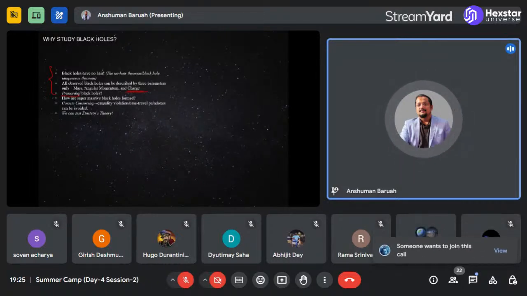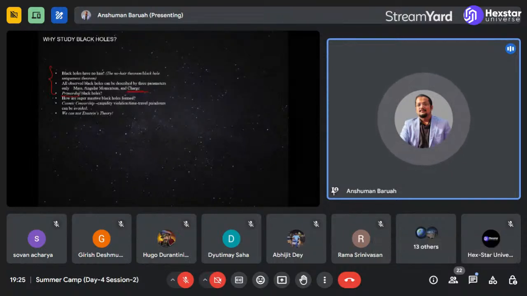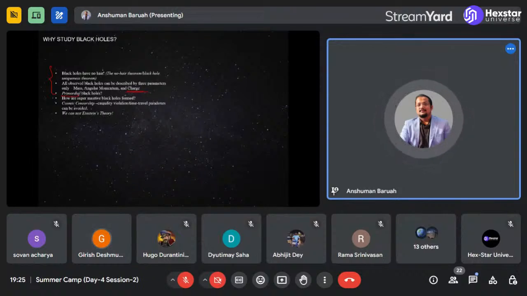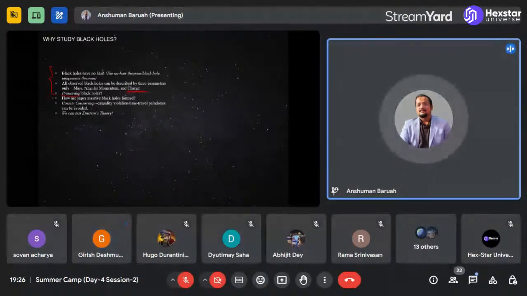The first shortcoming is that Einstein's theory of gravity is what we call a classical theory. So you might have heard of a theory called quantum mechanics. Those of you who have seen Marvel movies might have heard of the word quantum realm in the Ant-Man movies or in the Avengers movies. Of course, these things are not real, but the underlying concepts are actually real physical concepts, in the sense that there is a theory called quantum mechanics that explains the behavior of very, very small particles. And general relativity tells you the behavior of very, very big objects, like the sun, like a star. General relativity does not have a quantum theory.